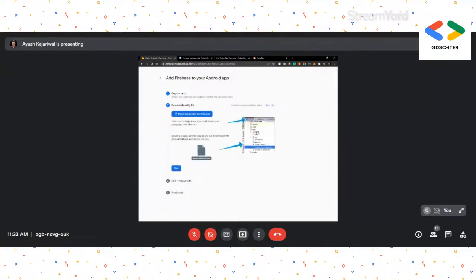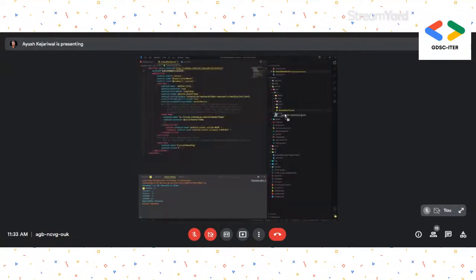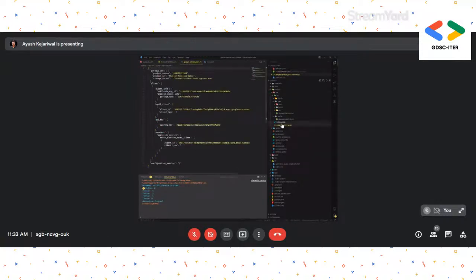Then it will show me this. So you need to download this file and add it over here. As you can see, it is showing under the app. There is a build Gradle. Along with that, you have to add this. So I will just drag it in, and under the app, I will leave it. So it will add it over here. So when you close this, you can see this project is now added with